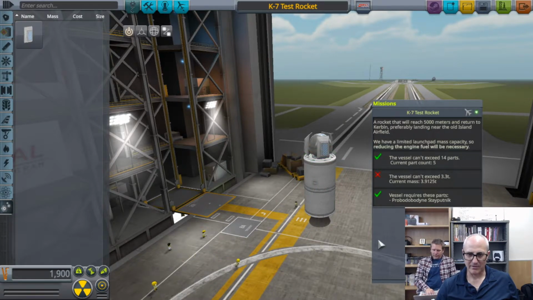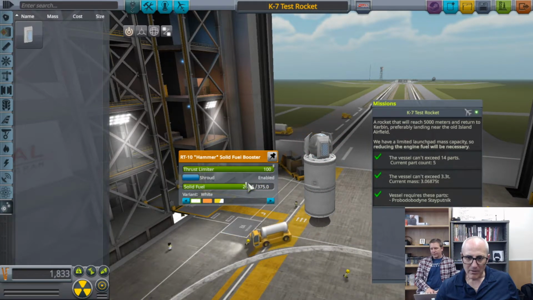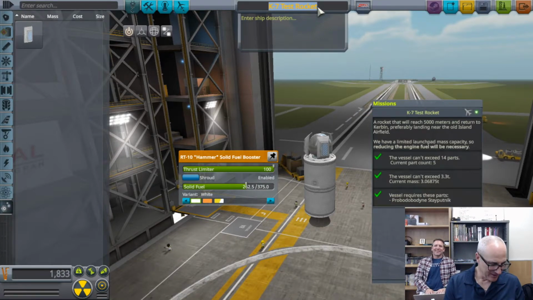Okay. Let's see. We've gone through a lot of names here. Yeah, Rasputin didn't really take off. No, he didn't get to take off, so we've got to go with